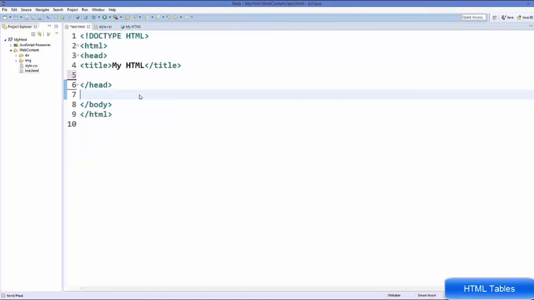Hello guys, welcome to the next video on HTML tutorial for beginners using HTML5. In this video we will see how to use tables in HTML. So let's get started. First of all, to add a table you need a tag called table to add it,